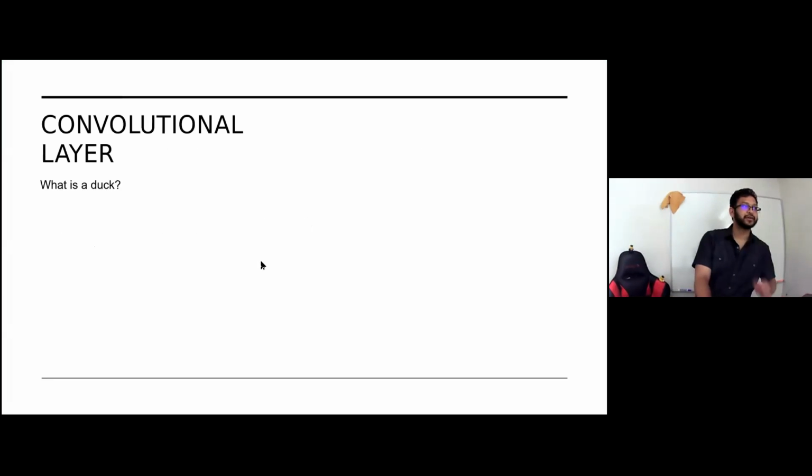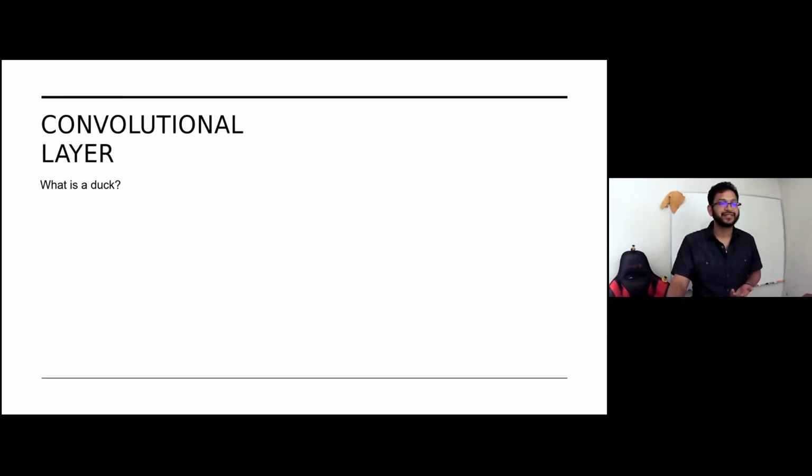So let's take a break for a second. We said that it doesn't do really well. So we're going to pause there for a moment, and we're going to deviate a little bit, and we'll join back in later on. Can anybody explain to me what a duck is? How would you describe a duck to a computer? You'd say it has a beak, webbed feet. It's usually brownish or yellow.